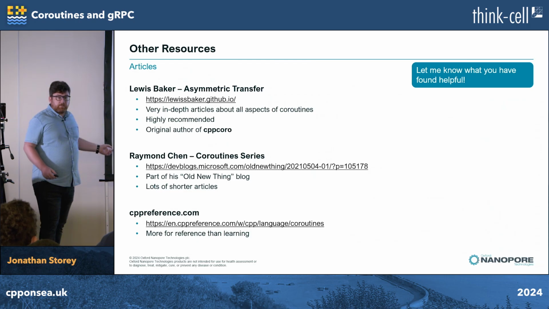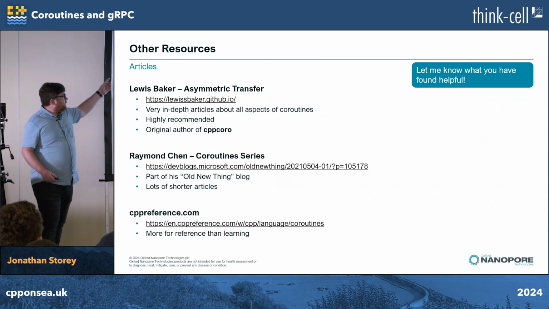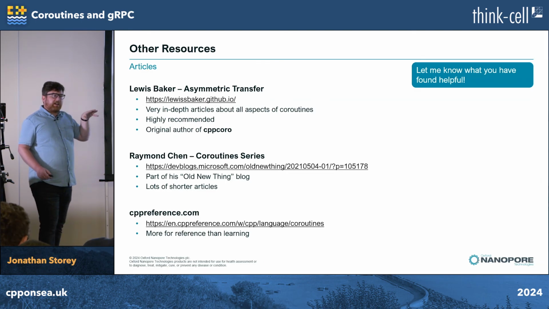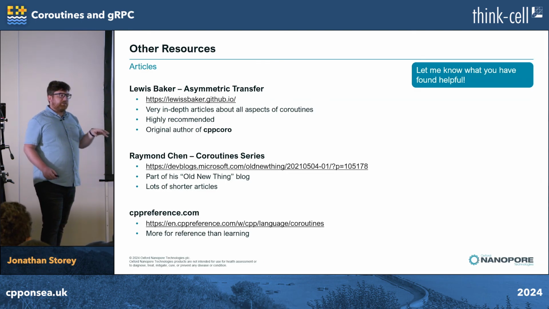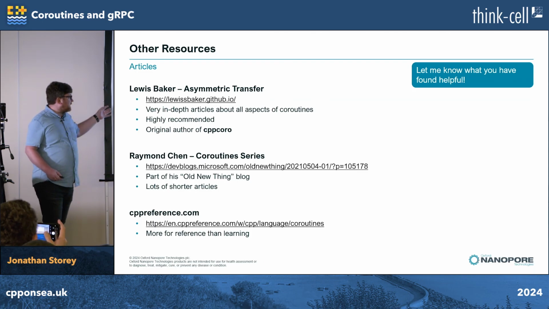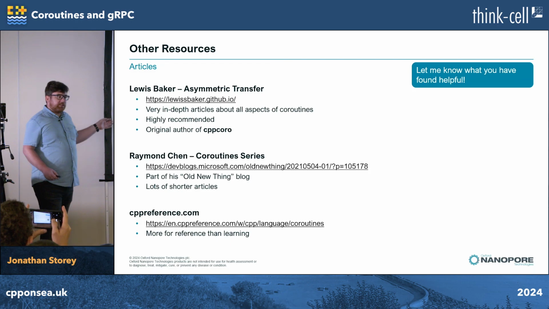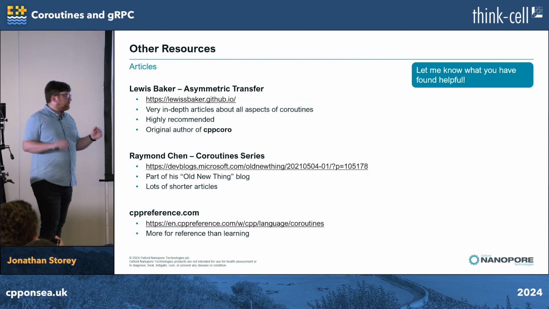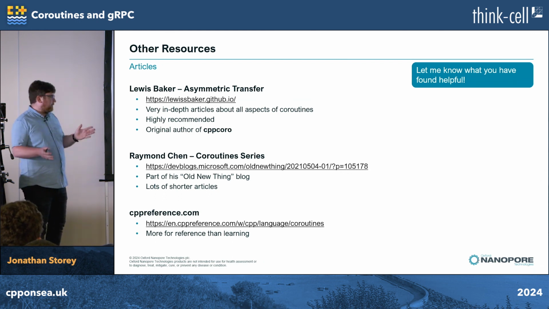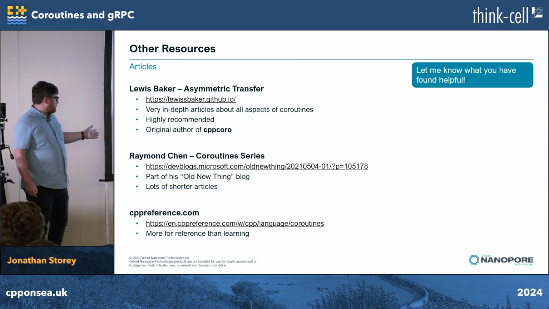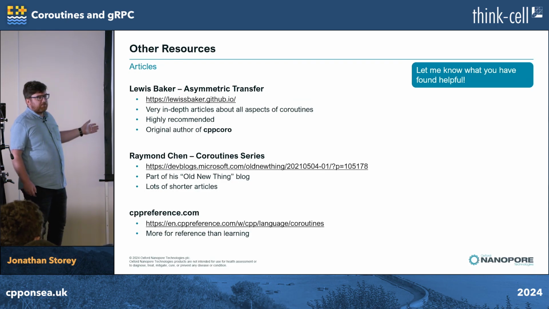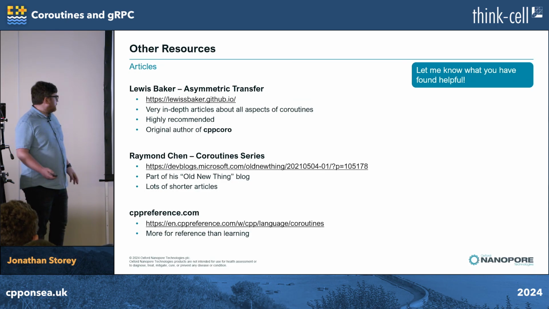There's these websites I found very useful. Lewis Baker wrote a series of blog posts that have a really in-depth dive into how coroutines work, why they're the way they are, why you need to write all of these functions. Raymond Chen has a coroutine series, which is shorter articles, and he builds up things over a number of articles. It's really quite useful. It's based on WinRT, but it's applicable to general coroutines. There's cppreference, but that's obviously more of a reference than a learning tool. But obviously I use it a lot